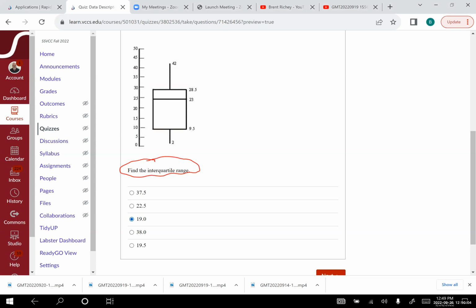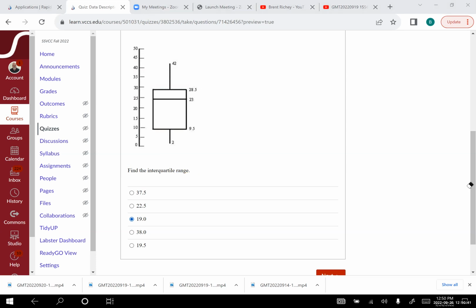That's a good question. A lot of these test banks are generated, the questions are generated through algorithms, and when they program it, the computer program itself puts the numbers in, and they'll set it so they always want to see one decimal place. The computer only knows what you tell it to do. So if it's 0, they still write it down. Normally, we don't do that. So it doesn't mean anything different. 19.0 or just 19 would be perfectly fine. So there you go, interquartile range.